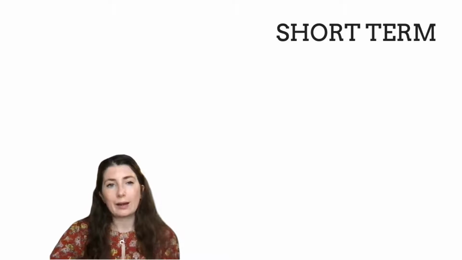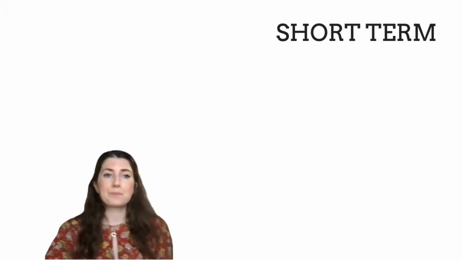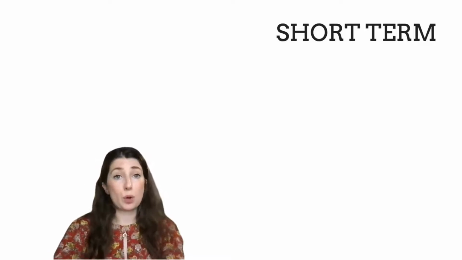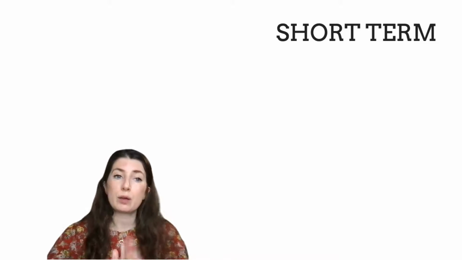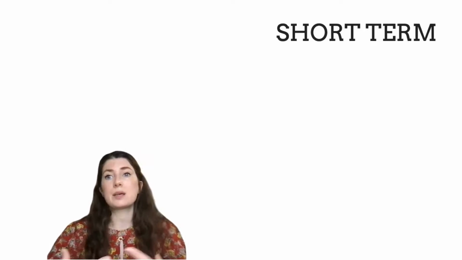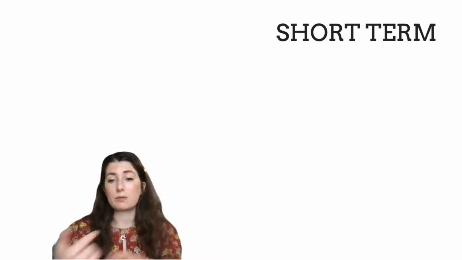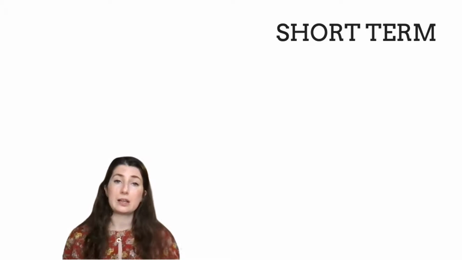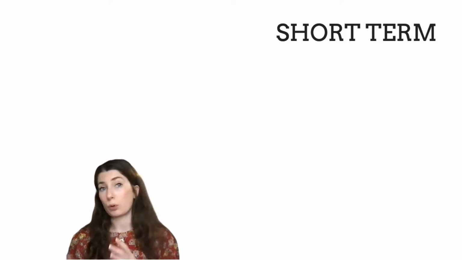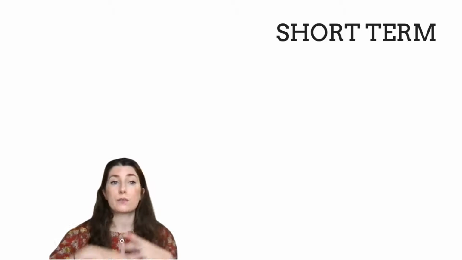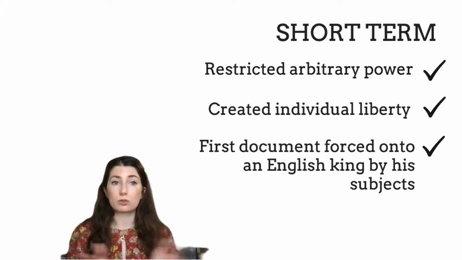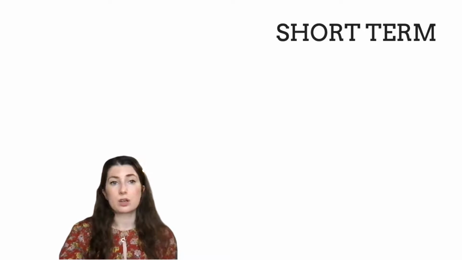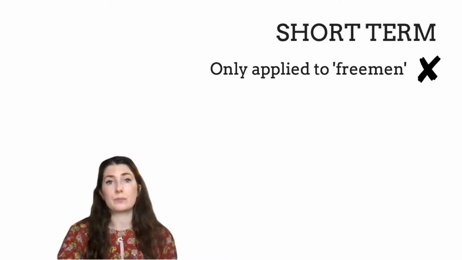I'm going to think quickly about some of the things which maybe might not be described as positive at the time. However, they are still significant. Remember in my first video, I explained that to be significant, it just needs to be relevant, important, or lead to change. That change can be positive, that change can be negative. So for the barons at the time, for the subjects of the king, these points are all positives, these ones not so much, but we're still going to include them.